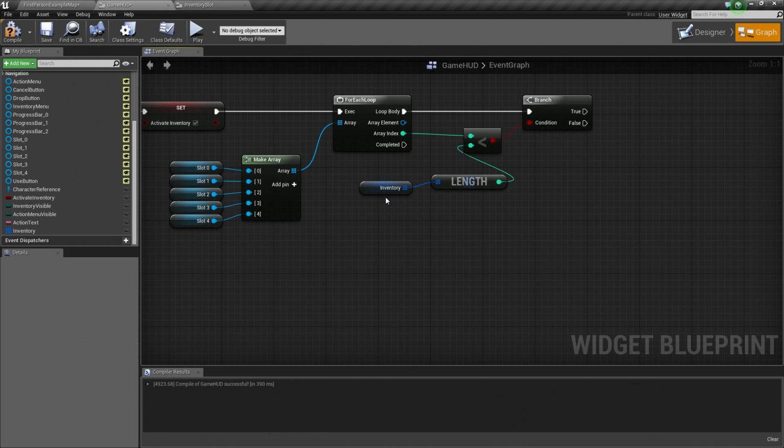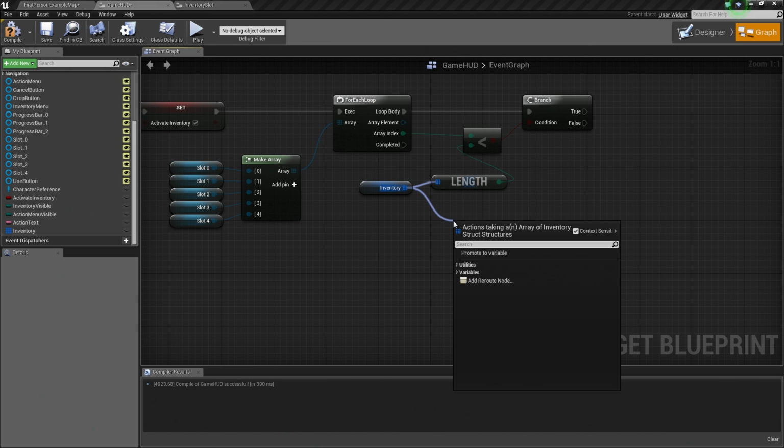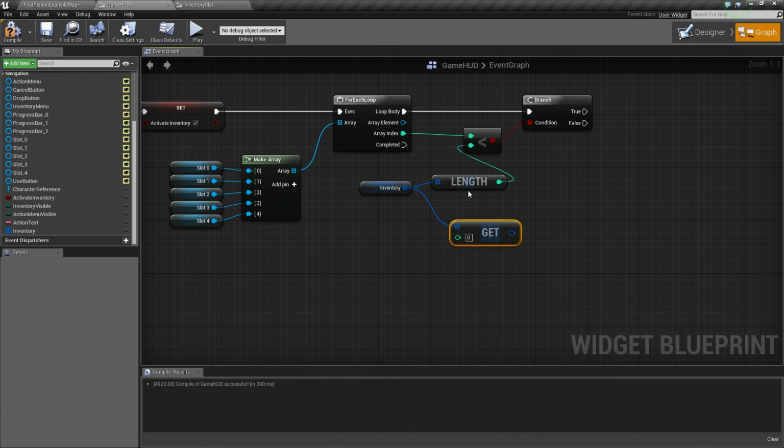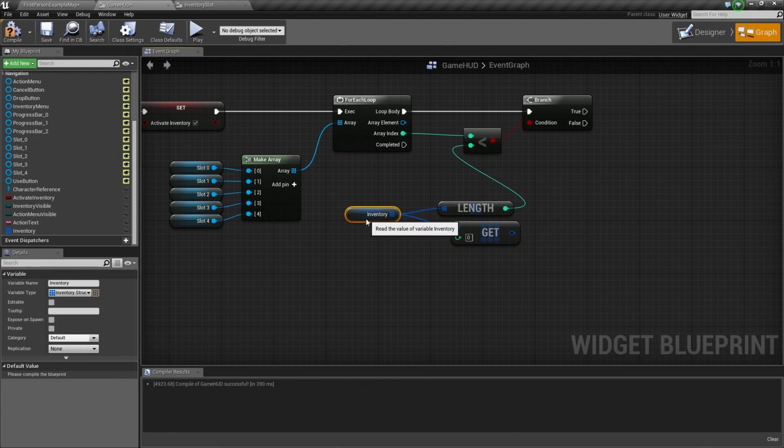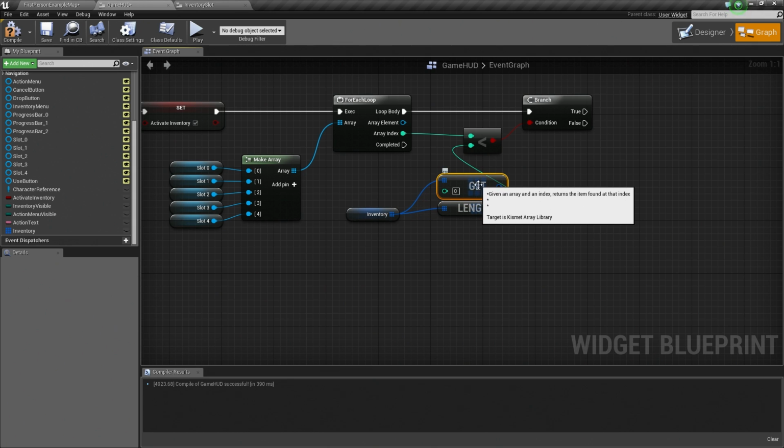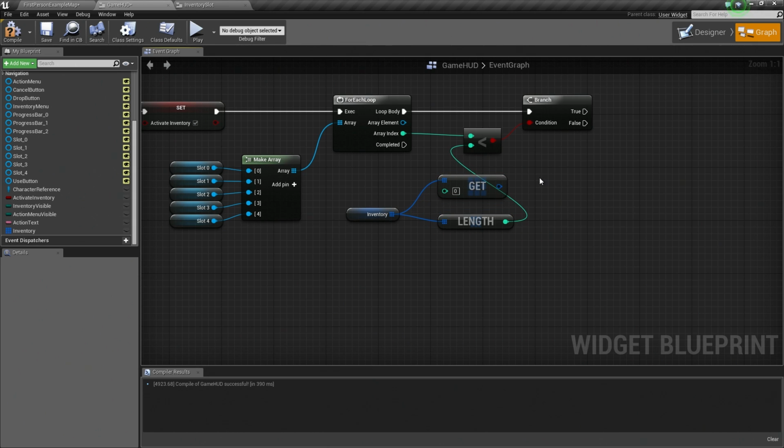To do that, let's drag off the inventory variable here. Let's do a get is what we want. So we want to get from it. Move my length down a little bit. Move this up above it, something like that. The get that we are going to get is from our array index. So let's grab our array index and plug that into the get like so.